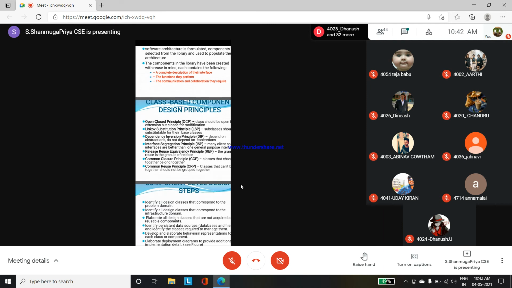component design. So class based component design mainly focuses on what type of attributes we are using, what type of operations we are using, and what interfaces we are using. For each class, we can easily identify with the help of class-based component design. That is one of the main advantages in class-based component design. So we can identify all those before the construction activity.